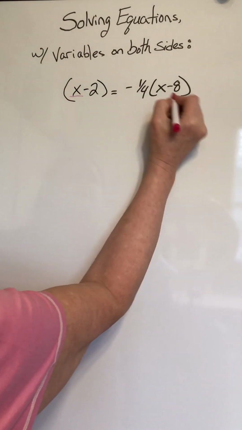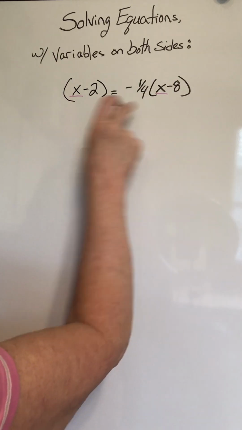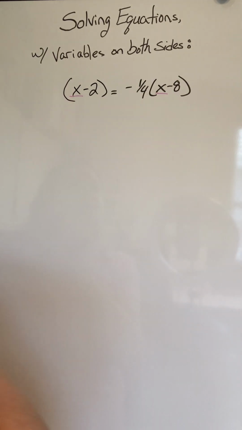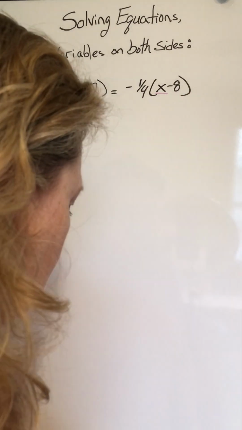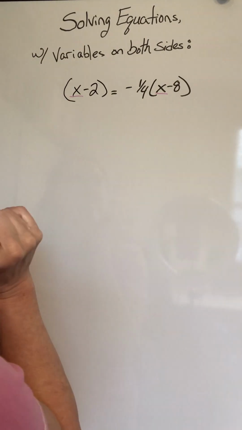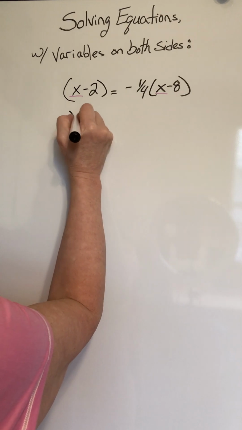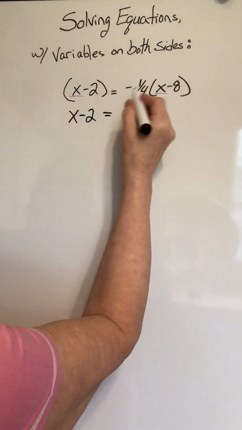I have a variable x here, and I also have a variable x here. The goal of this is to get x's on one side of the equal sign and all the numbers on the other side of the equal sign. So we're going to start with eliminating our parentheses. So that's going to be x minus 2 is equal to, now what we're doing here